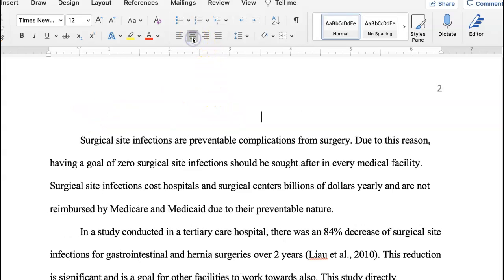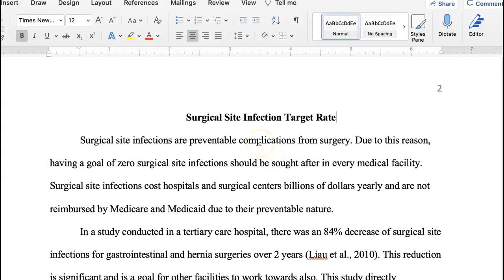Let's center this. So this is obviously the target or goal. Maybe, if I could type. So this would be centered within your paper. It would be bolded because it's a primary level header. So infection target, rate, or whatever you want it to be, something like that. And then when you do your first paper, you would have the problem, surgical site infection. So the headers in APA papers really help you break up what you're going to talk about in your paper so that people know.